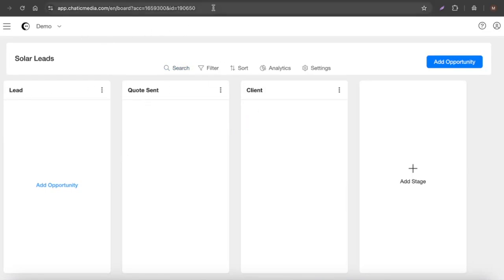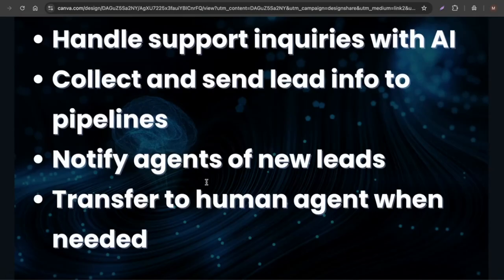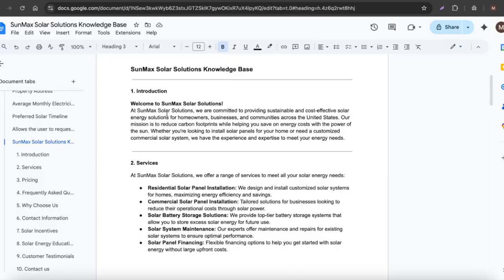We are going to see how this works, and how to notify agents of new leads so that they can jump in and talk with them as well. We can also transfer the conversation to human agents when needed. We are going to see a demo of an AI chatbot we built for this specific solar company called